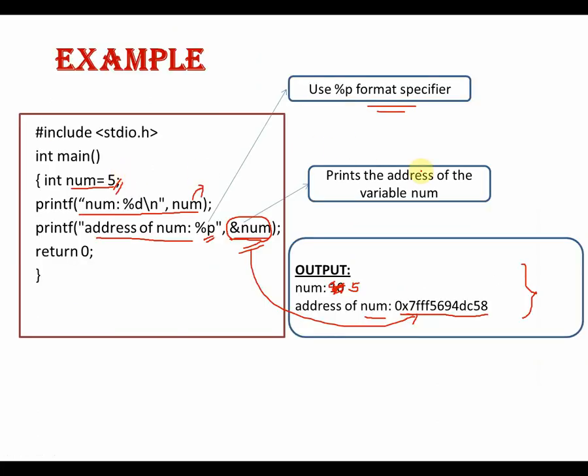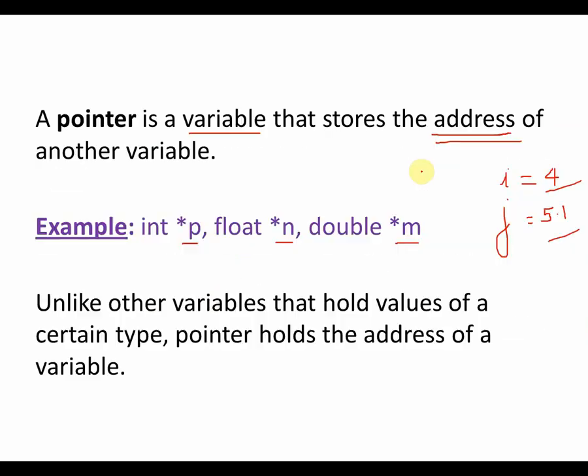Hence pointers are very much required for the concept of call by reference in functions. Whenever we call a function by the method of call by reference, we need pointers to do this, because we are referring to memory addresses. Whenever we do call by reference, we pass addresses of the variables and not the actual values of the variables. Therefore, we need to use pointers. Without pointers, we cannot do this, because pointers do the job of storing addresses of the variables.